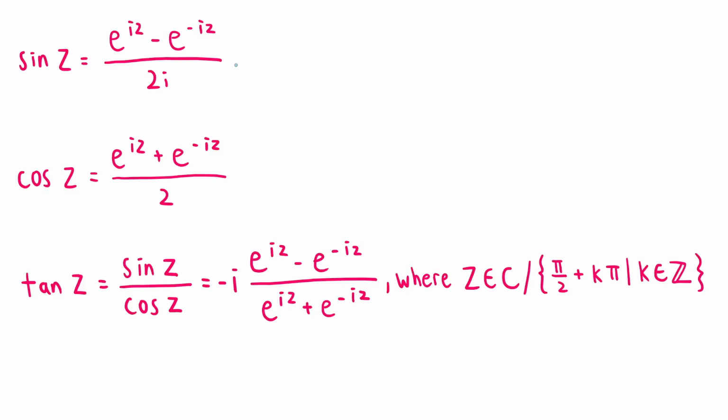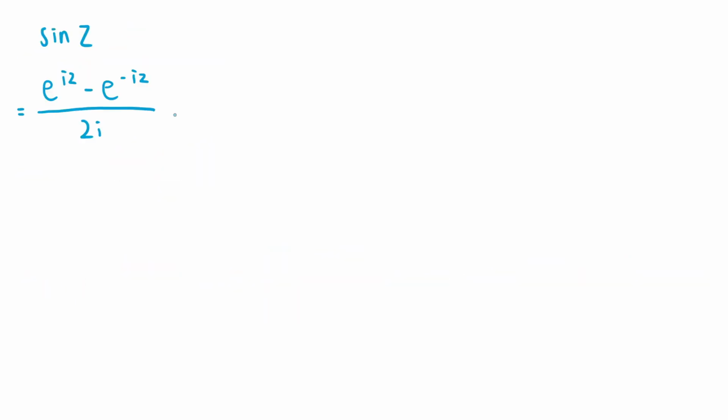In a previous video, I derived the definitions of sine of z, cosine of z, and tangent of z in terms of exponential functions. In this video, I would like to introduce the definitions of sine of z and cosine of z in terms of its real and imaginary parts. So to define sine of z in the form where the real and imaginary parts are explicitly stated, we should